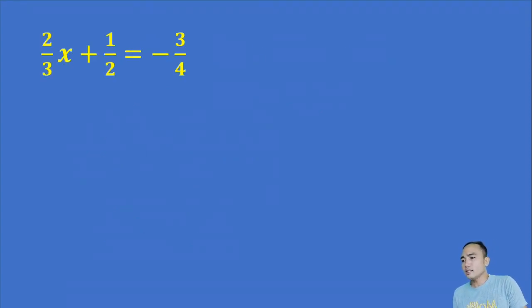Next, 2/3 x plus 1/2 equals negative 3/4. So first, we need to remove 1/2 on this side of the equation. So 2/3 x plus 1/2. To remove 1/2 on this side, we need to subtract 1/2. Subtract 1/2 to both sides of our equation. Okay, minus 1/2. So 2/3 x, this is 0, equals,